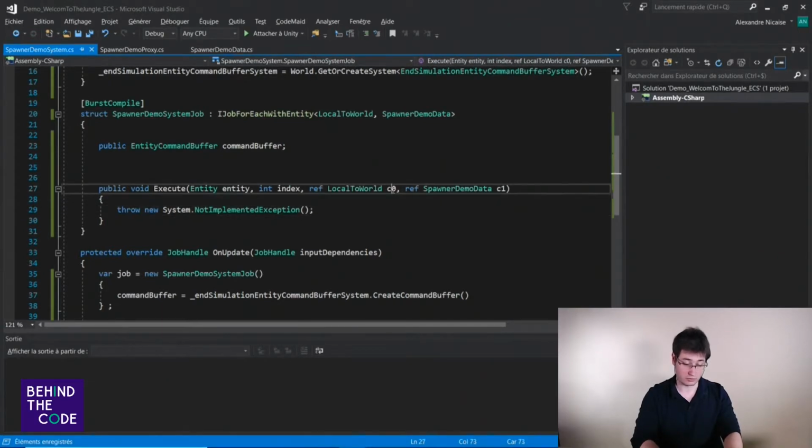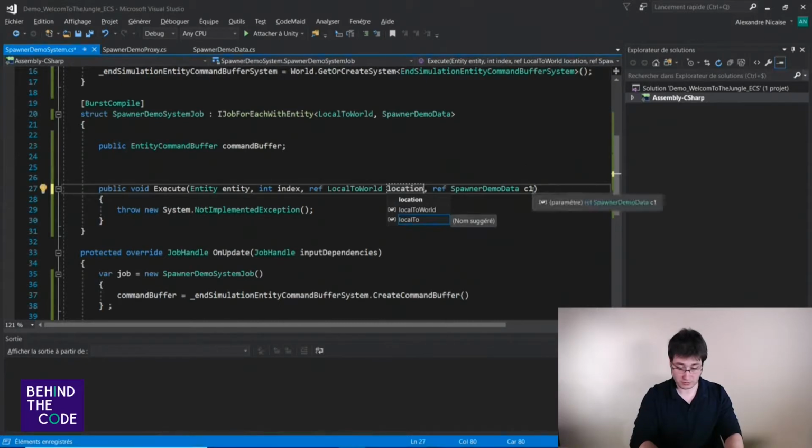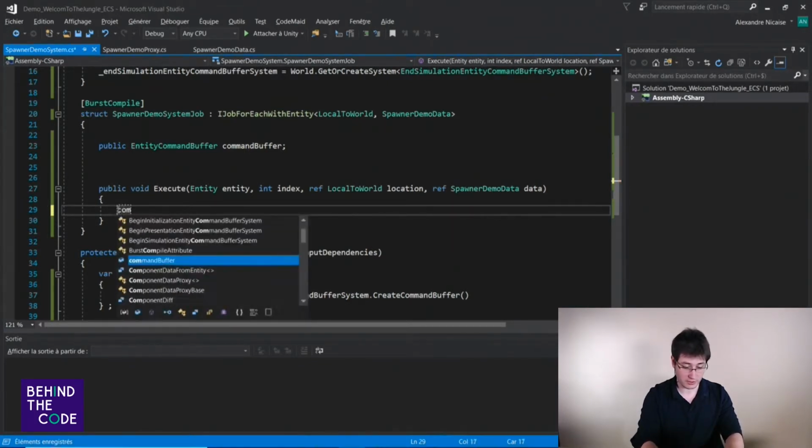We rename it because I don't like C0 and C1. It's not a very good name. So here I create data, and here I will delete my entity. No, not entity but command buffer.